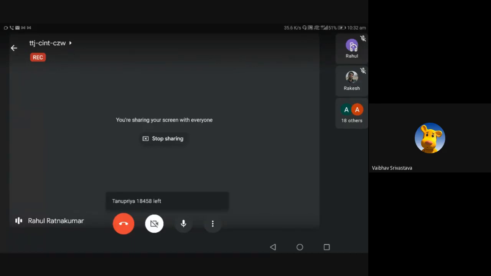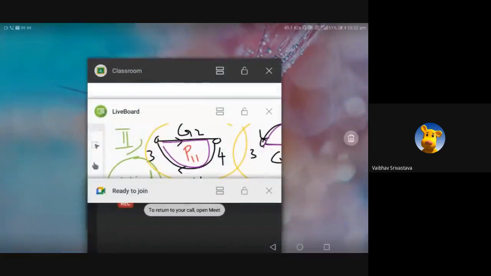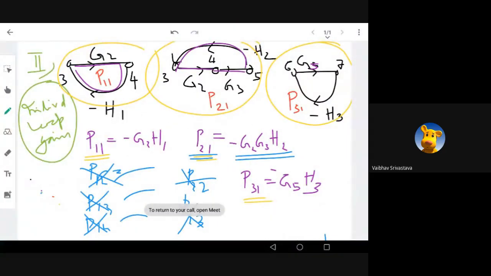So you can put your roll number. Please draw all this that we have drawn till here, so that we'll continue exactly from this point. What we have done is just find the different paths P1, P2, P3. Then we found the different loops, right? Now we'll use Mason's gain formula here. Okay, fine.